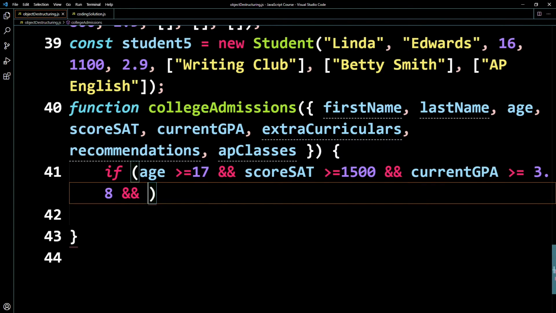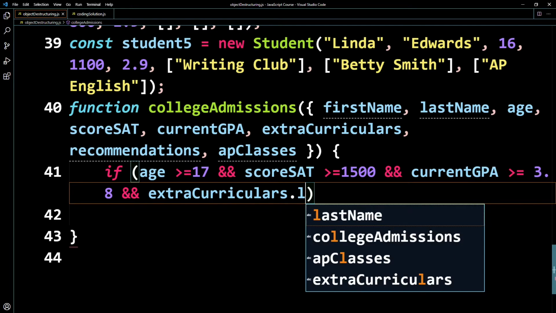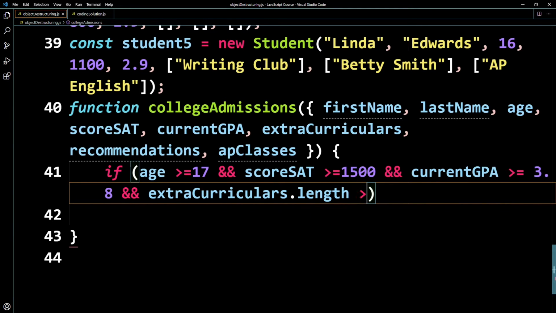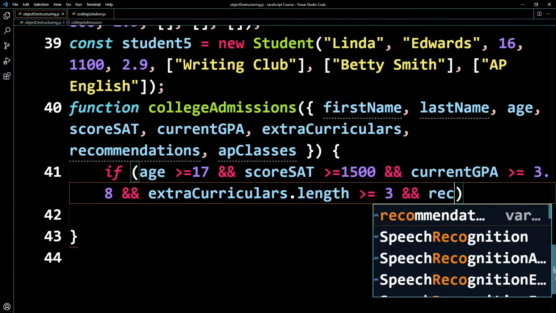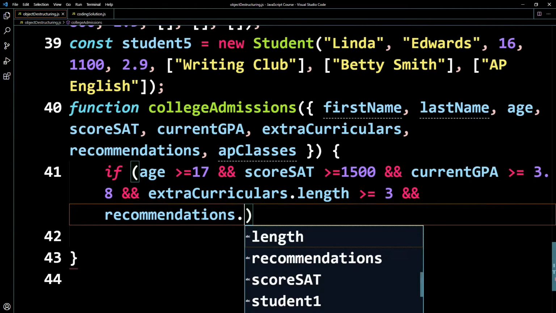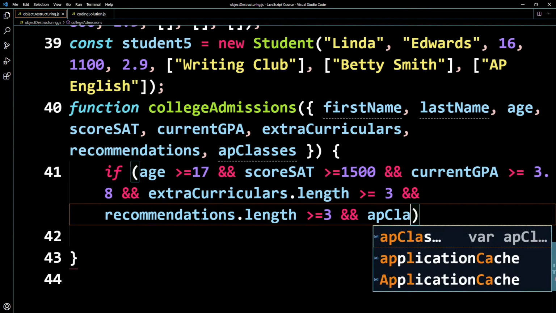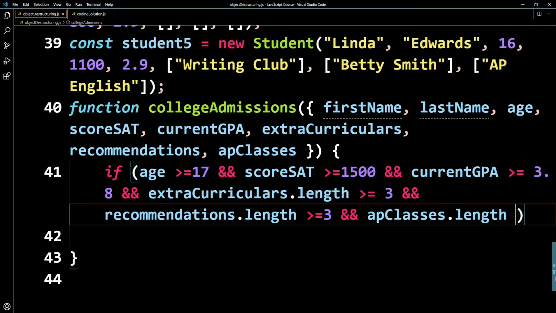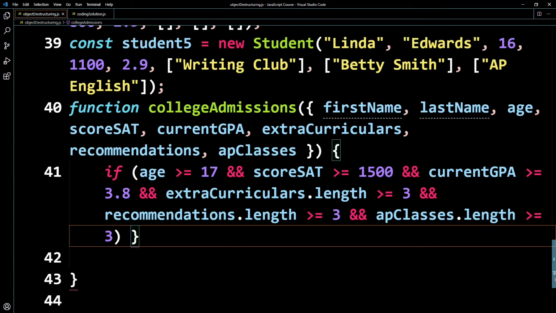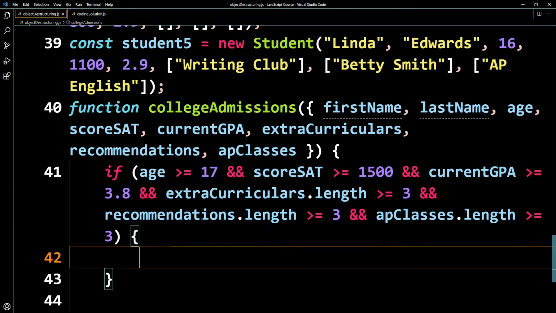So I can go ahead and say that the extracurriculars dot length, so dot length is greater than or equal to 3. And I can say, and I'll say the recommendations, so recommendations dot length is greater than or equal to 3. And then also the AP classes dot length, okay, is greater than or equal to 3. Okay, so if all these conditions are met, then basically what I want to do here